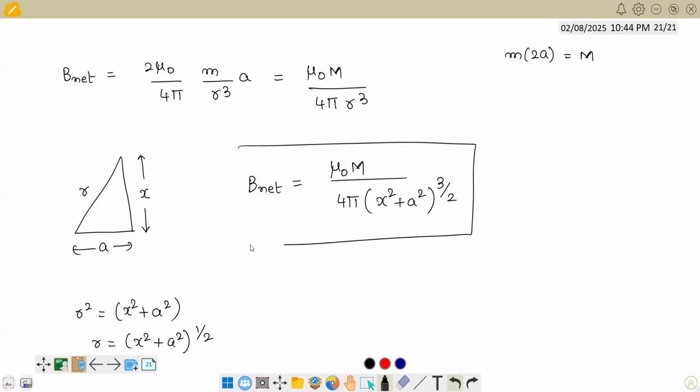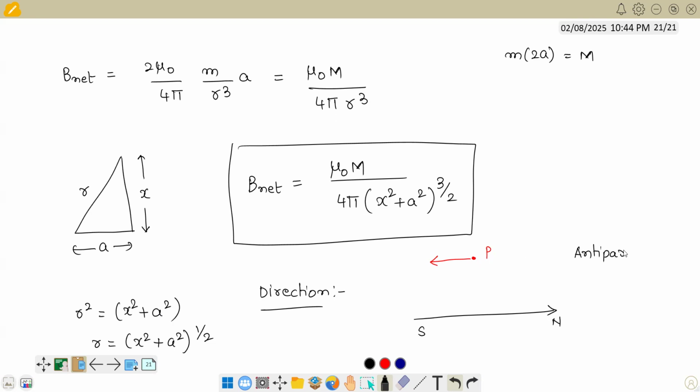This is this value. And what is the direction? This is the key point. The direction would be, if you notice, if this is north and this is south, this is the direction of the magnetic dipole. Here at this point, the direction of the field is anti-parallel to this. This is the key statement. Okay, so the direction is anti-parallel, very important, anti-parallel to the direction of